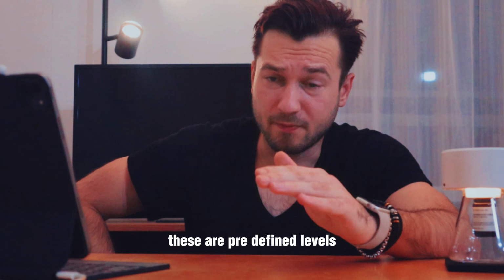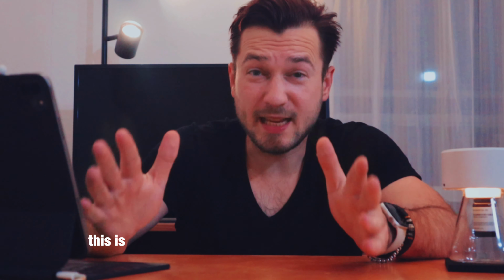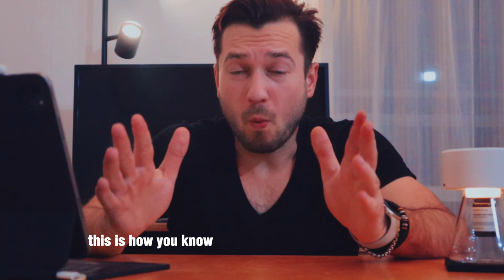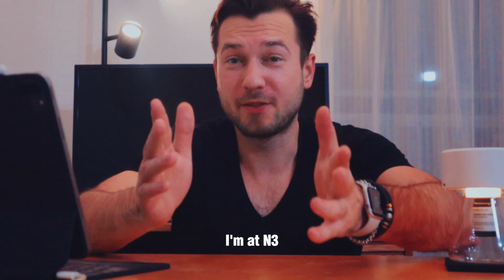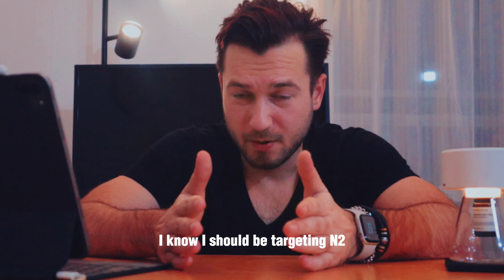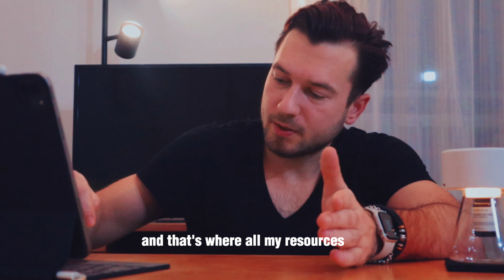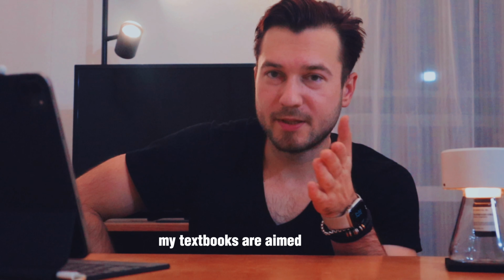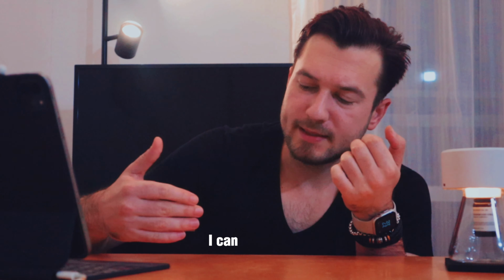These are predefined levels. They help you with vocabulary and grammar points. This is how you know what to do with your study habits. So I'm at N3. I know I should be targeting N2, and that's where all my resources go. My textbooks are aimed at N2 now. The people I talk to, if they're Japanese, I can tell them,